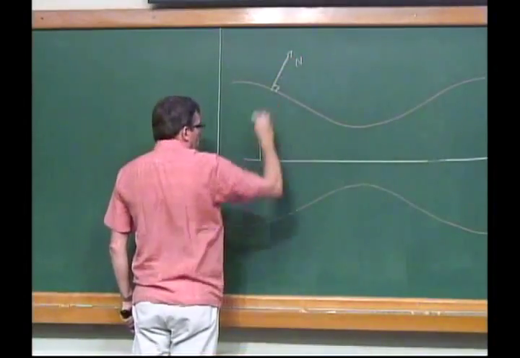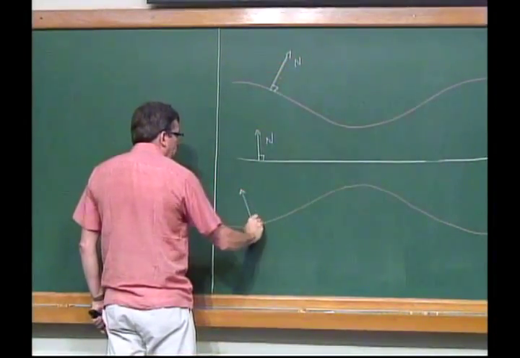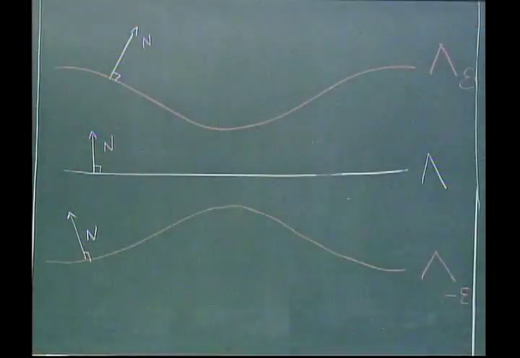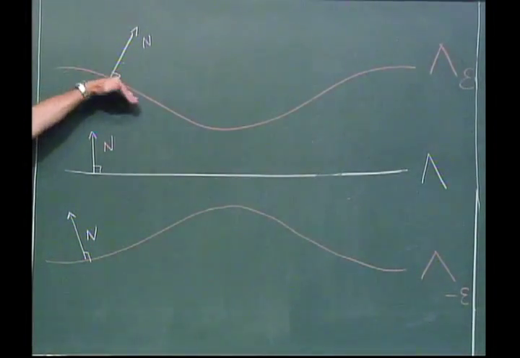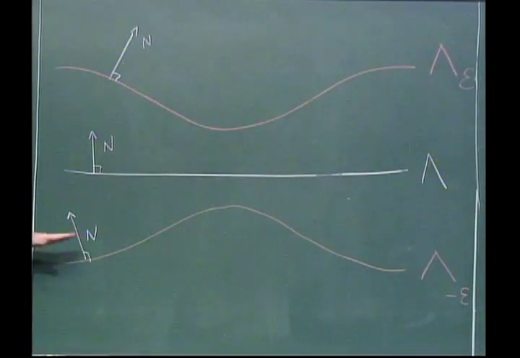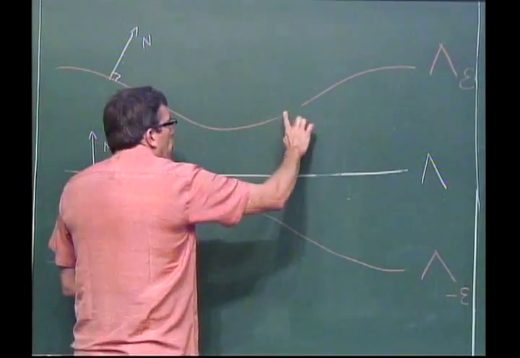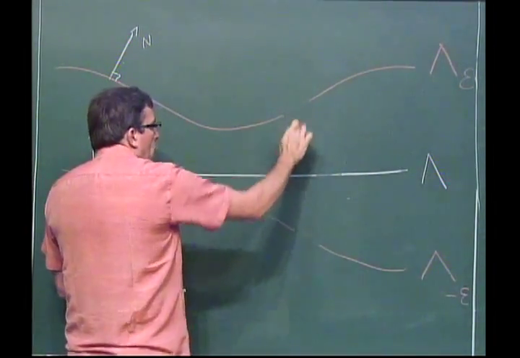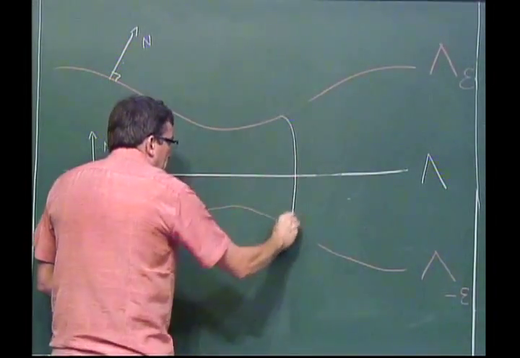Okay, so here there is a new normal, and here the normal vector field is like this. So what you do is that this one has mean curvature epsilon, and this one has mean curvature minus epsilon. But if you reverse the orientation, then this one turns out to have mean curvature epsilon also. And so the question is whether you can connect the upper one and the lower one through some